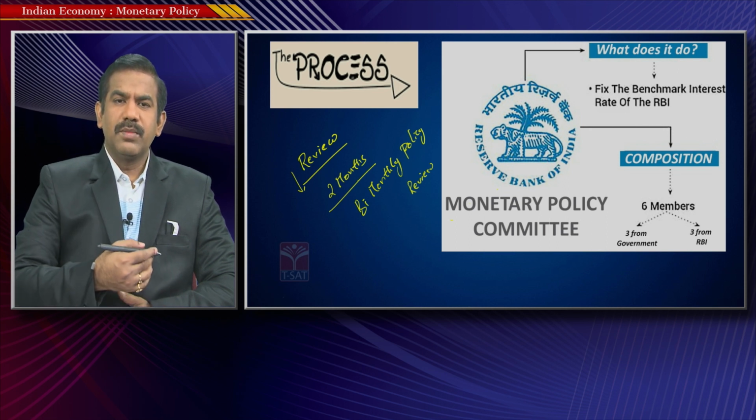But over a period of time, the economy might be experiencing certain issues, maybe because of some internal or external factors. As a result, the RBI either needs to increase the supply of money or decrease the supply of money to address various concerns in the economy. That's the basic reason the RBI keeps reviewing the policy once in every 2 months. That is a regular practice as of now.